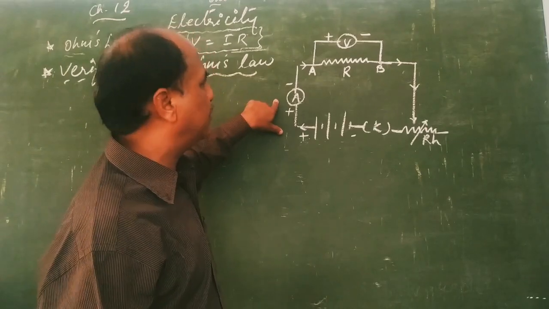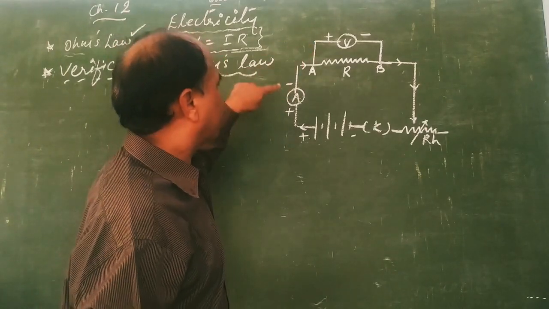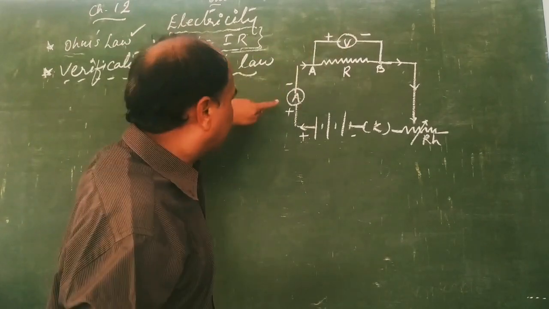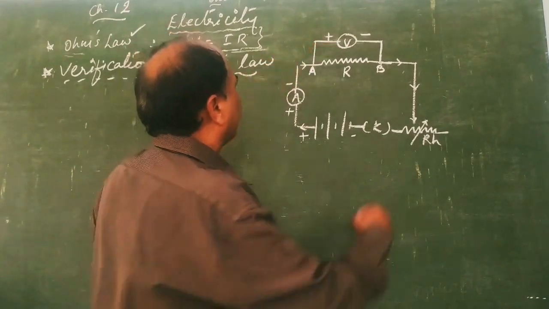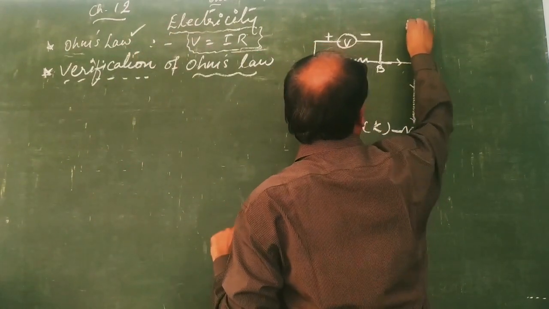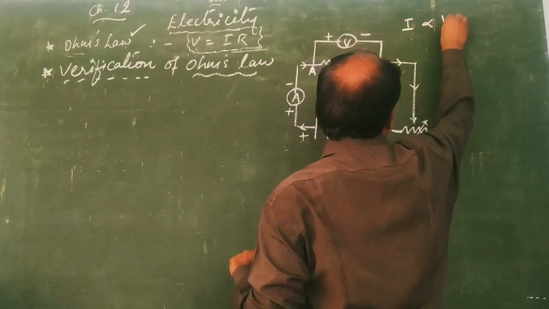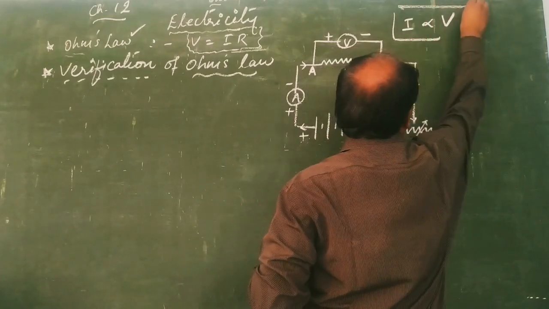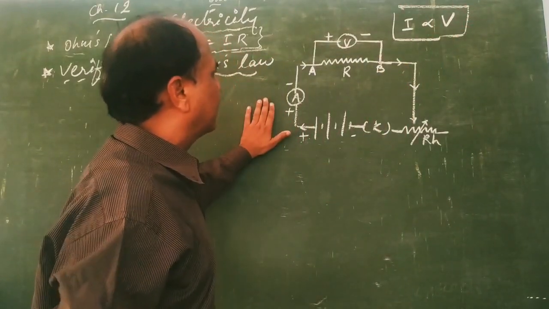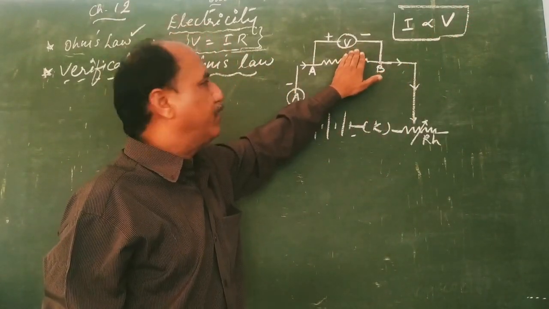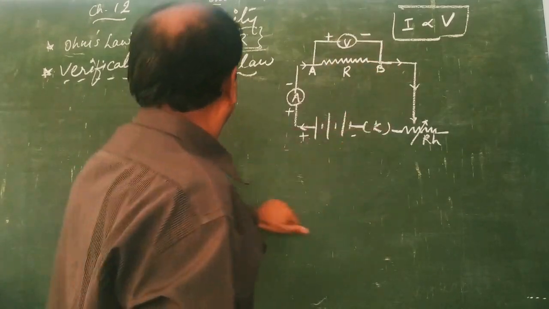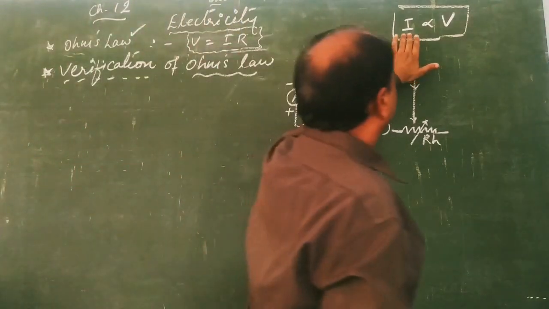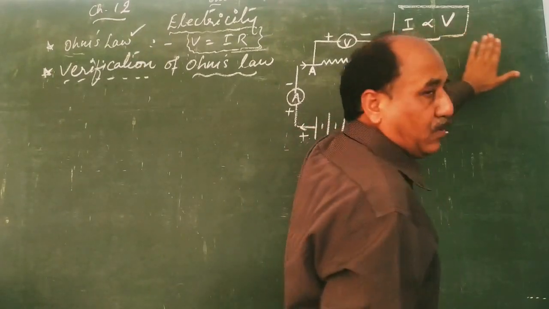When the amount of current is changed, of course, because current is I and this is V, there is a direct relation between V and I. What relation? The current flowing through the conductor is directly proportional to V. So when we change the amount of current through the circuit, the value of V will also change. Now in this verification, we have to study this V and I only.